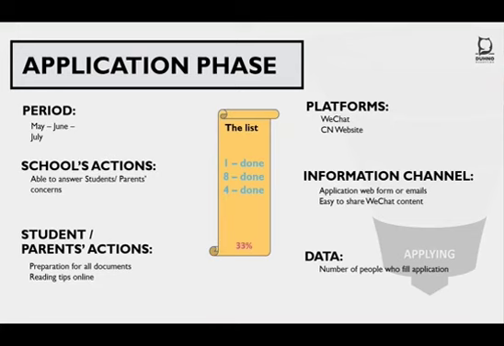What is important, usually the people will do their application between, let's say, May, June, and July, really based on which moment they have that shortlist of a couple of schools they will be applying to. Then the school's action at that moment is really to be able to answer the parents' concerns still. So they are trying to apply. They want to know if, I don't know, you have a particular grade at Gaokao that is important for you, or particular result at their bachelor. How can they apply if they haven't received the result yet? We can see many of these kinds of questions coming.